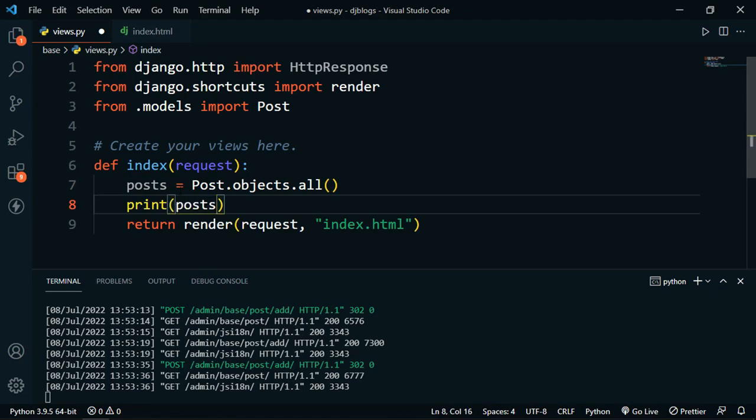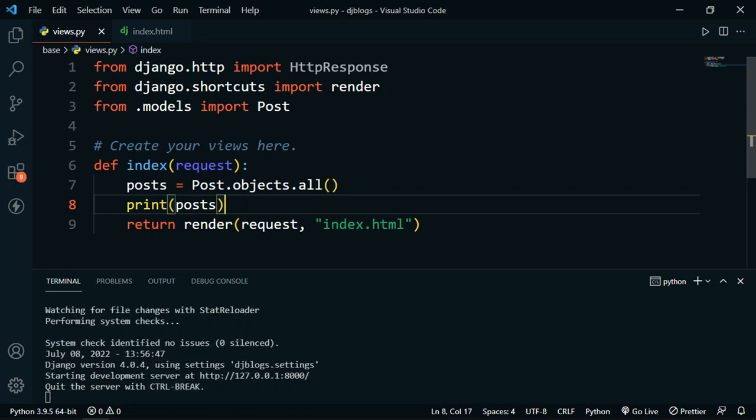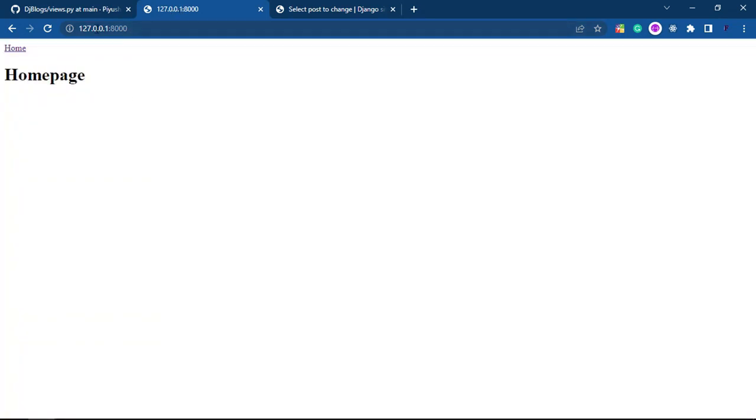Let's save this file and let's see what this posts variable contains. Now this function won't trigger now. To trigger it, what we have to do is make a GET request on this URL, which is /. So I will reload this page